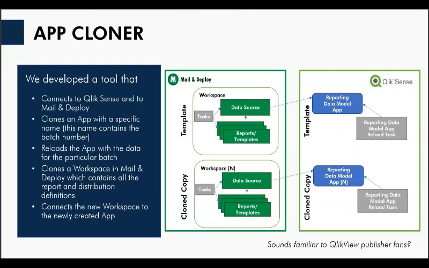And these numbers represent these batches, these up to 30 batches that we said. And inside the app, we have logic in the script that would read that setting, get the number from the name of the app, and then go to the data where we defined each client with the corresponding batch number, and then the